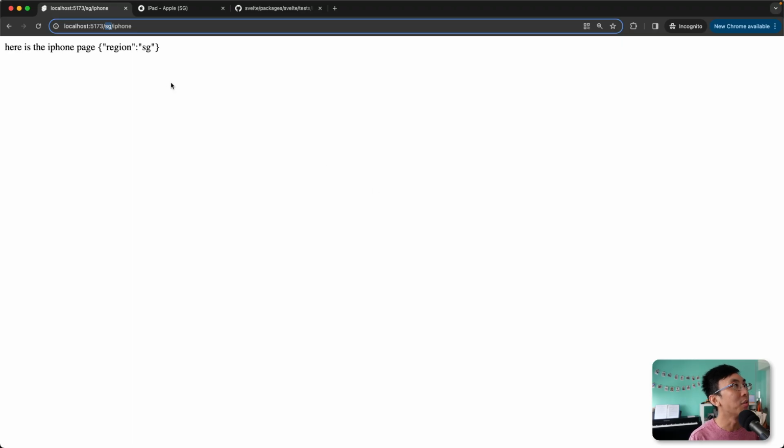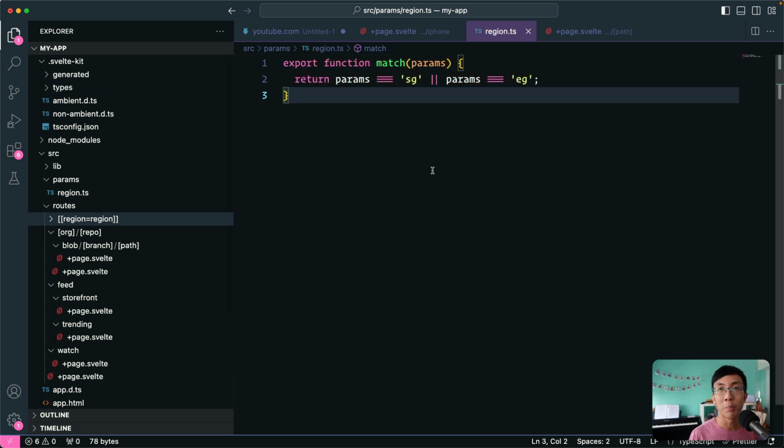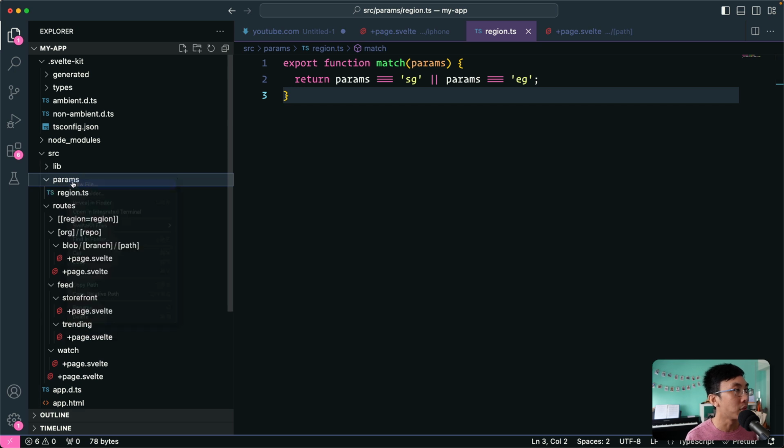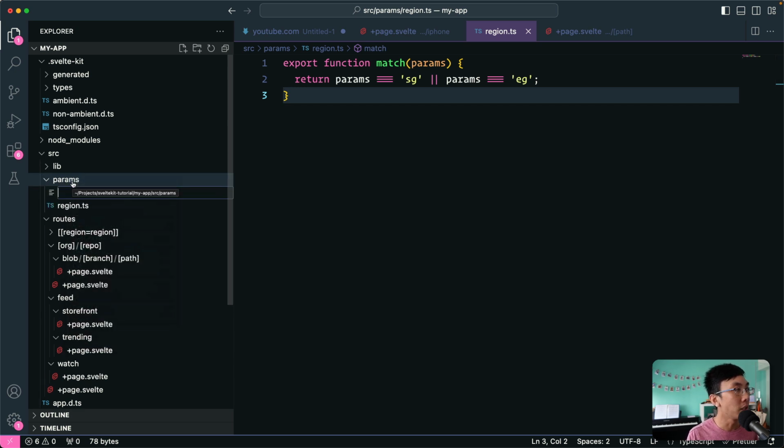So we can try again. If you go to EG, yay, it works. And because this is an optional parameter, if you go to say nothing, it still works. Nothing, because it's optional, still works. Okay. So here we've learned about matchers. You can create as many matchers as you want. For example, I can come over here and create a matcher for